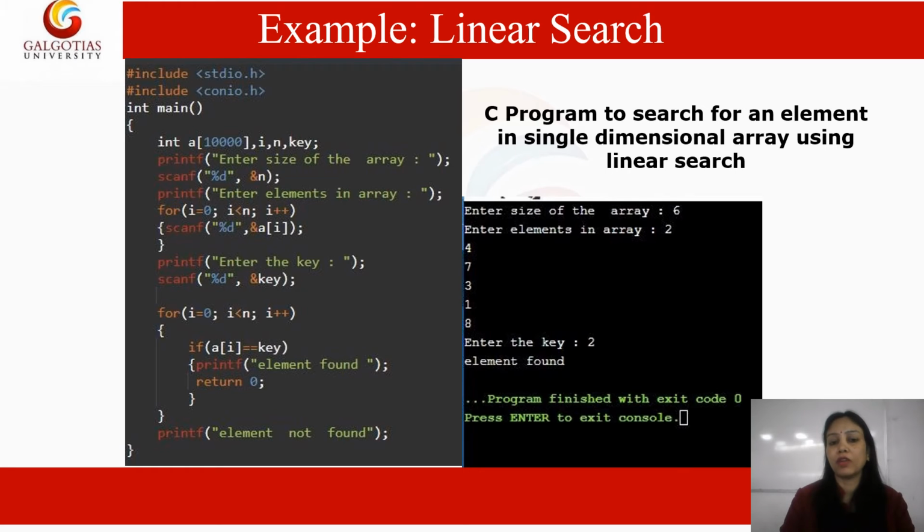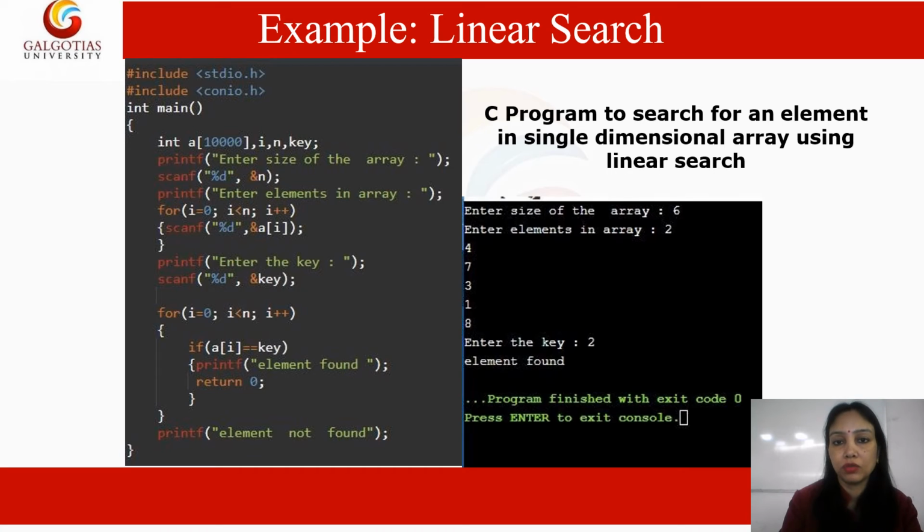the element which you want to search, with the array elements one by one. So in that loop we have written, if a[i] is equal to key, here we have used the comparison operator, because we are comparing whether a[0] is equal to that particular number. If it is, element found. If it is not, then the loop will be incremented, and so on up to your last element. So two possibilities are there: either we find that element, or we are not able to find it, right?